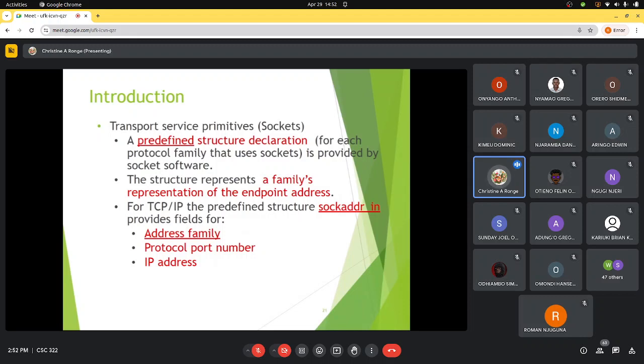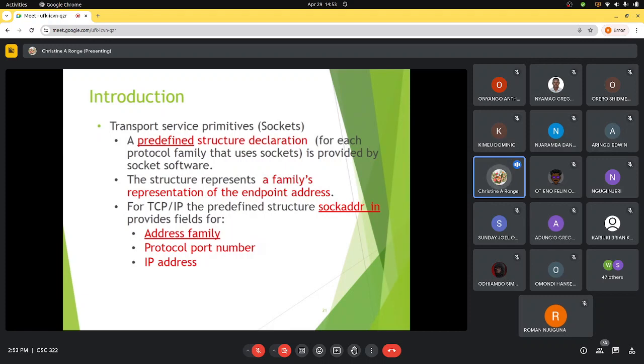In other words, this is the way you would define an address. If you're using TCP, you'd have to define the address family. Now, remember we said the address family is AF_INET. So you're not putting there the protocol family, you're putting the address family. Then you put the protocol number or the port number, and then you put the IP address